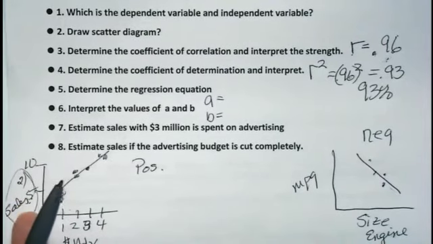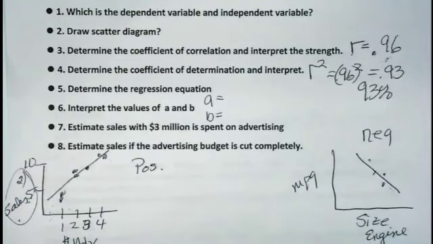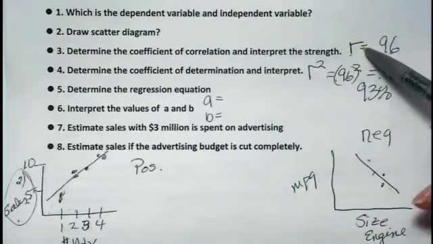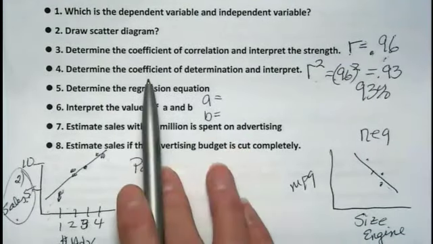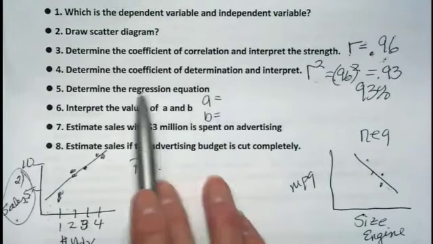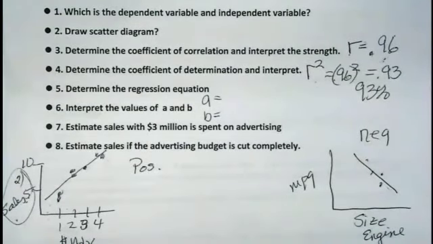Advertising has a very strong relationship to the number of cars sold. So I hope that gives you an explanation of R and R squared, or the coefficient of correlation, the coefficient of determination. Now, we're going to determine the regression line, or the regression equation, or the sum of the squares,